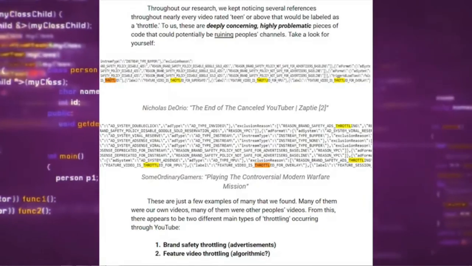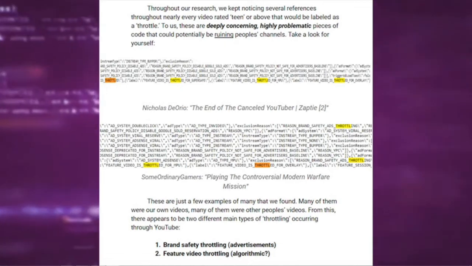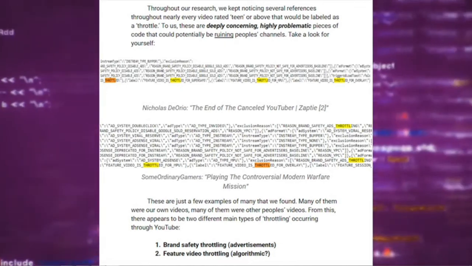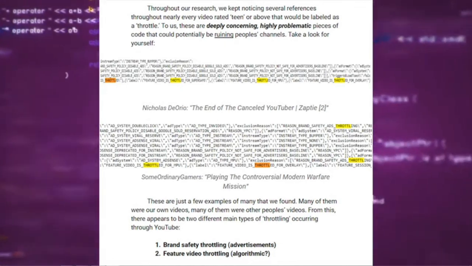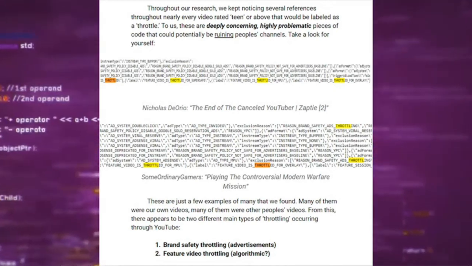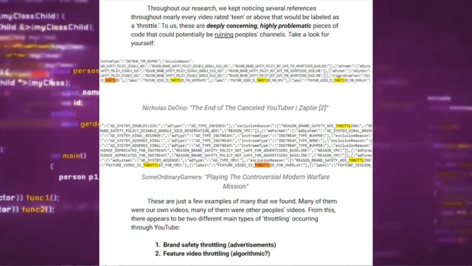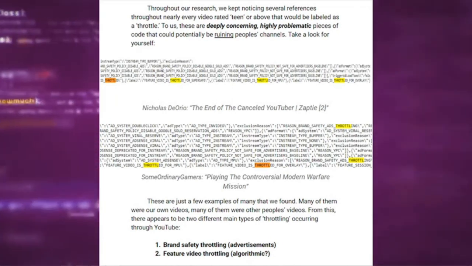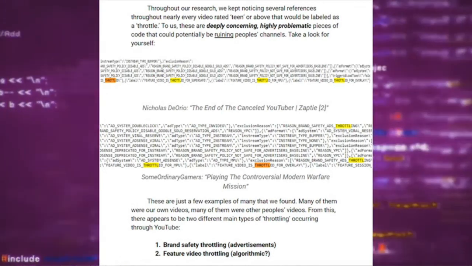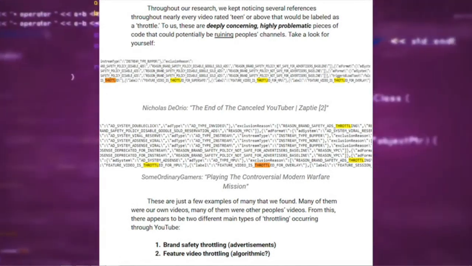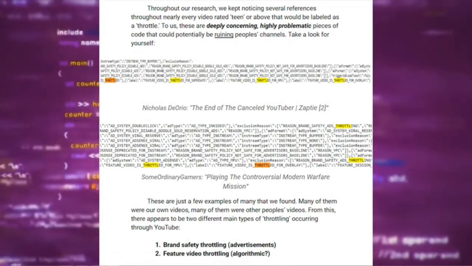Typically, without trying, your video will probably land between PG and teen, which both ratings, through our research, seem to throttle your videos in the algorithm and give it a higher chance to get tagged demonetization. You know how everyone's complaining, regardless of the type of content they make, that their videos are getting tagged as demonetized or limited ads? It's because their videos are getting tagged as PG or teen. And majority of videos on YouTube, regardless of what content is in them, is just unfortunately going to be rated one of these ratings.